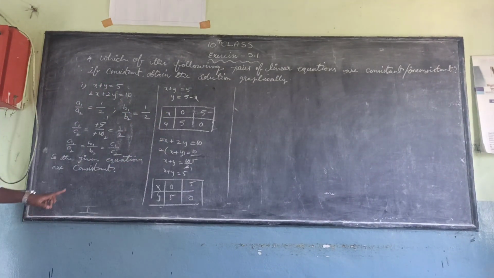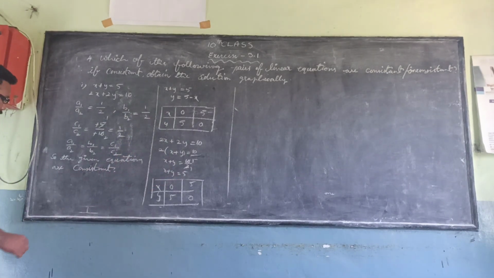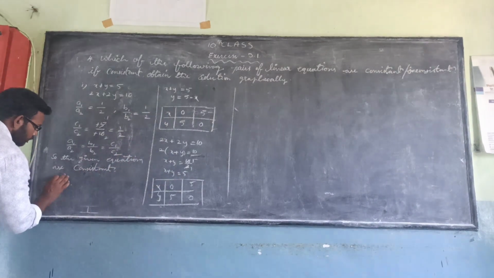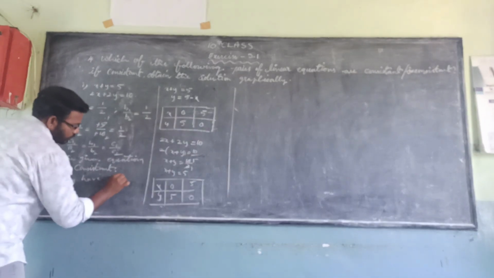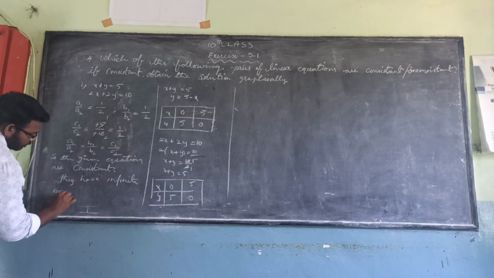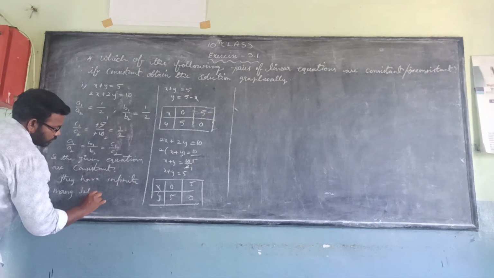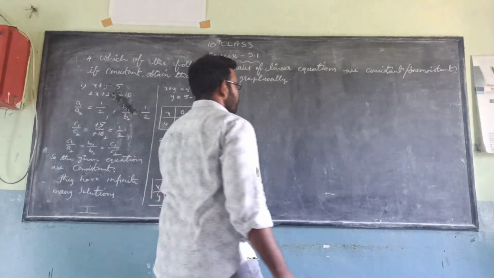So we can say that these are actually consistent. That means both equations are the same. We get infinite solutions. They have infinitely many solutions. So to represent this graph,